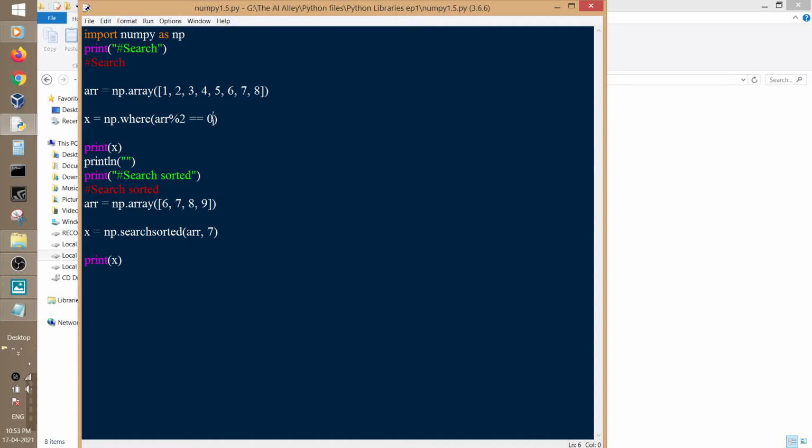Here I am finding the index of each even number, and in search sorted I am finding the correct place for integer 7 to be placed in the sorted array. So let's run this.